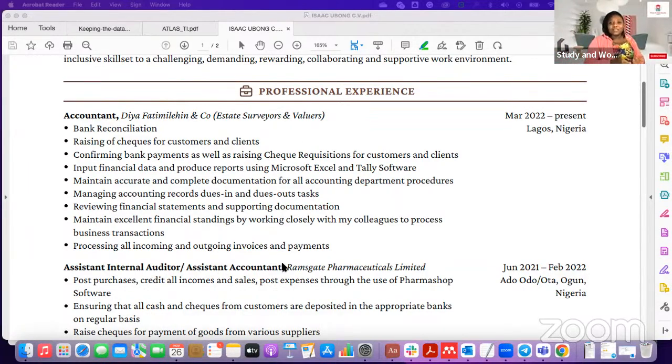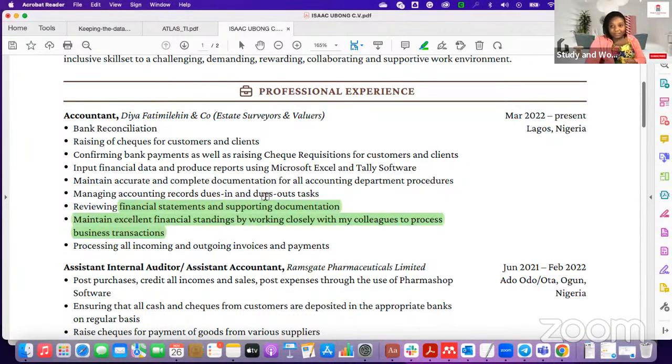Okay, they did this and increased customers, or it helped the company to land new partnerships and raised revenue. So they're looking at what you did to grow your company, what you did to increase revenue. So that is what you should write. If you just write maintain excellent financial standing, you have to make it more result-oriented. You maintained it. What is the number? What financial standing are you talking about?